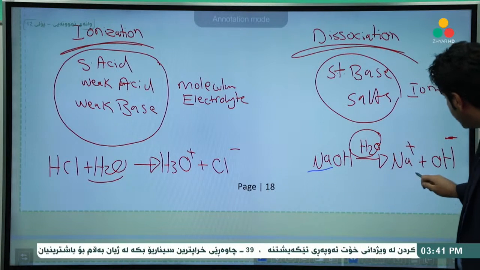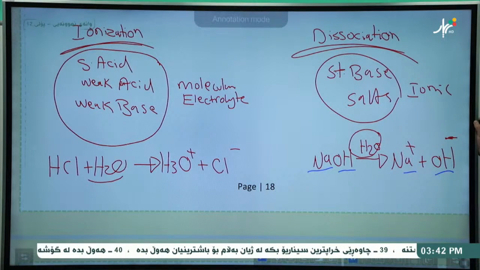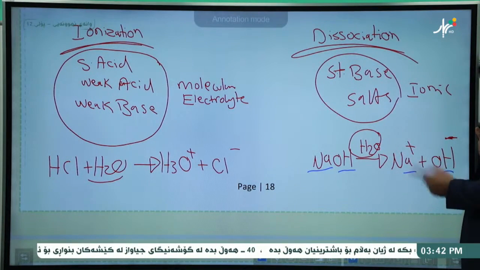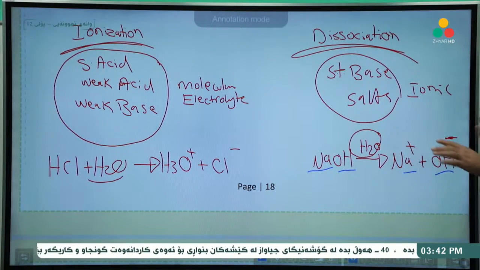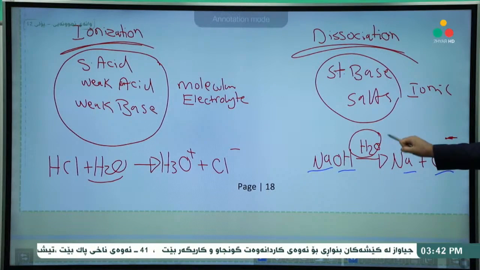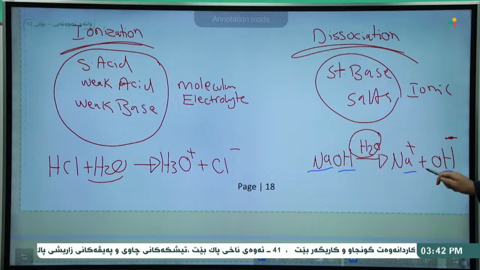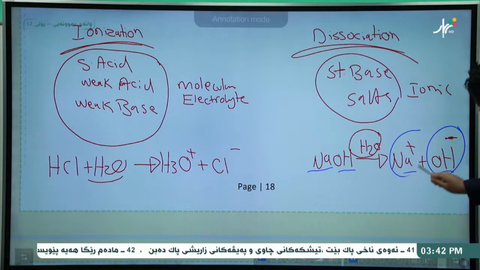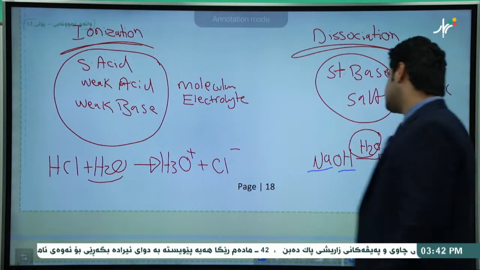We have Na, we have Na, we have OH, and we have OH anion. So does water interfere with the formula for the ions? No. Water is just a pool and the ions are swimming in it. Water did not interfere. Okay? So because of that property of the water, water should be right above the arrow as